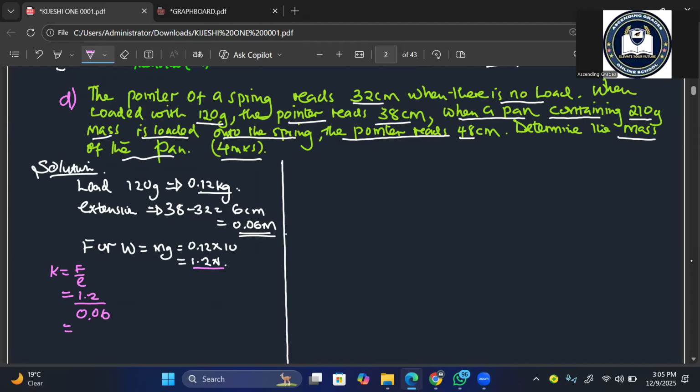And this one will then definitely lead us to 20 Newton per meter. We can call this one our case 1 because we are having 2 cases in the same question. So case 2,